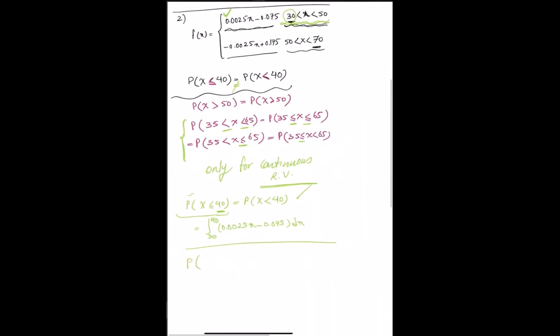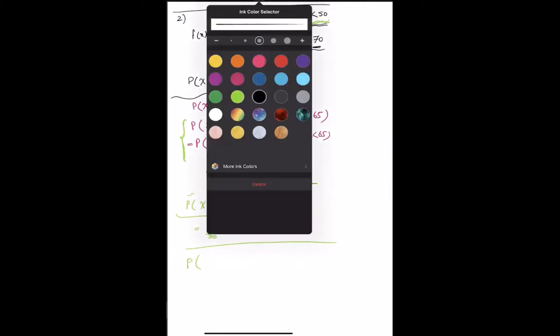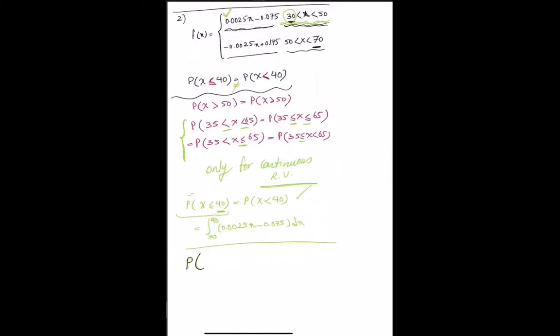Okay. The next question says, what is the probability of 40 less than x less than or equal to 60. And I just told you I can potentially write this in any one of these forms. So I can put the equal sign in any place or just not put it at all. It makes no difference. Anyway, to find the value of this probability, I'm going to look at the possibility that x takes a value between 40 to 60.